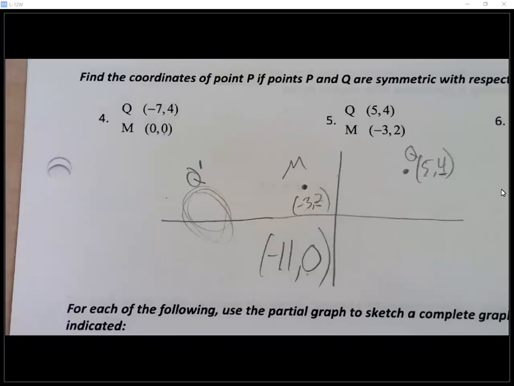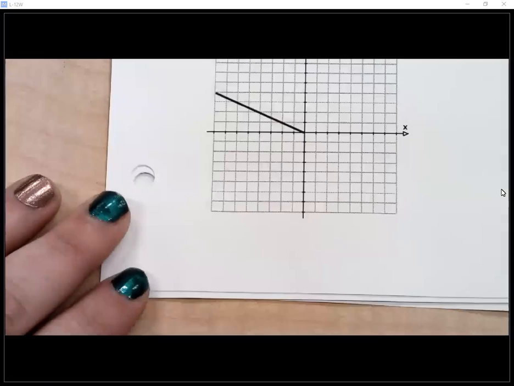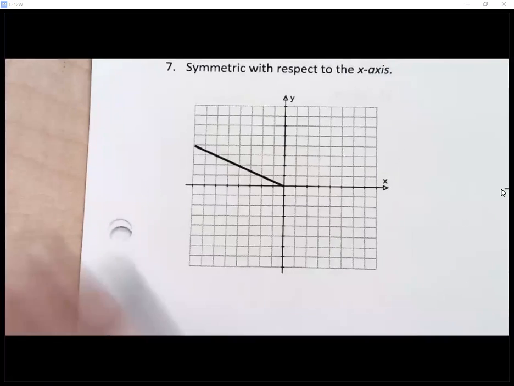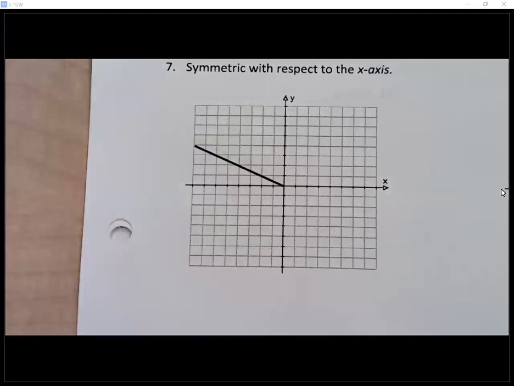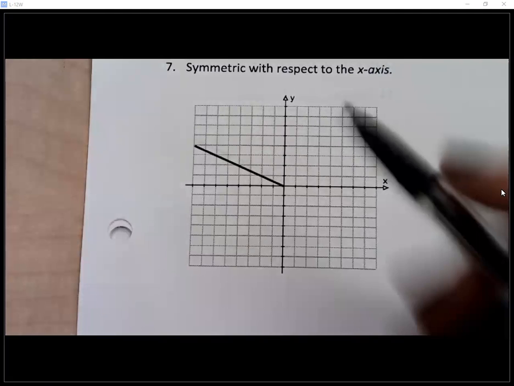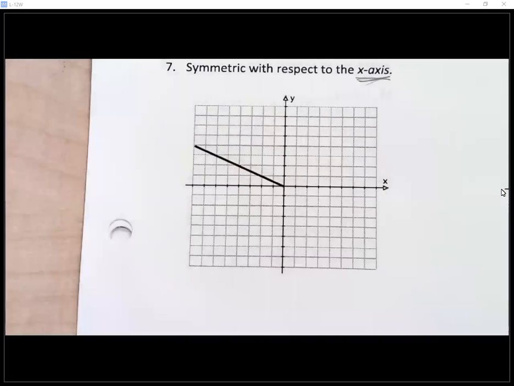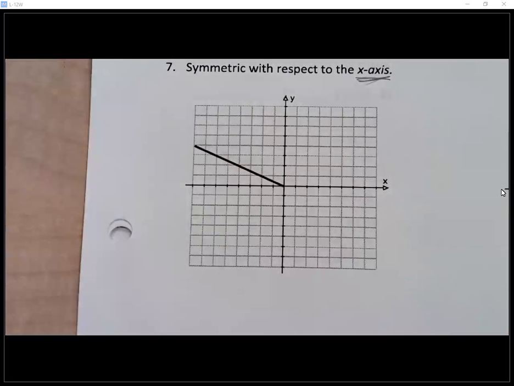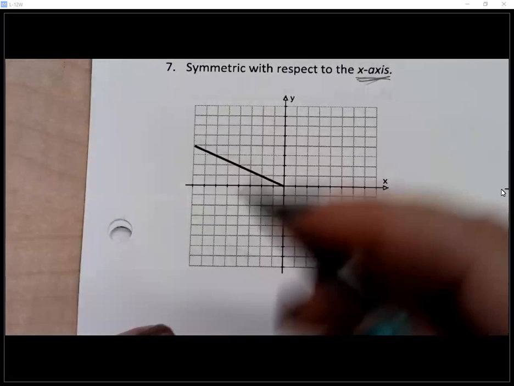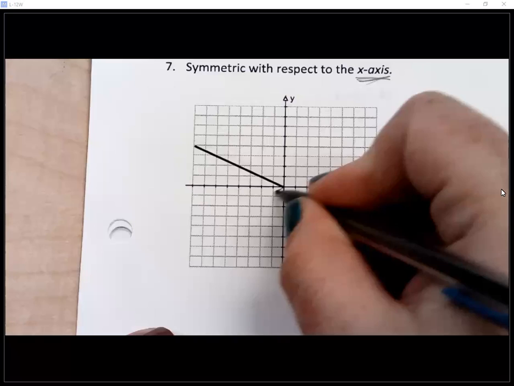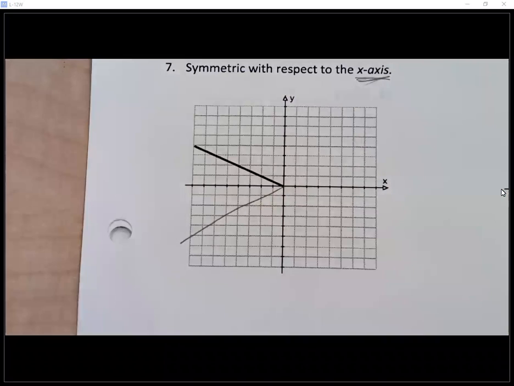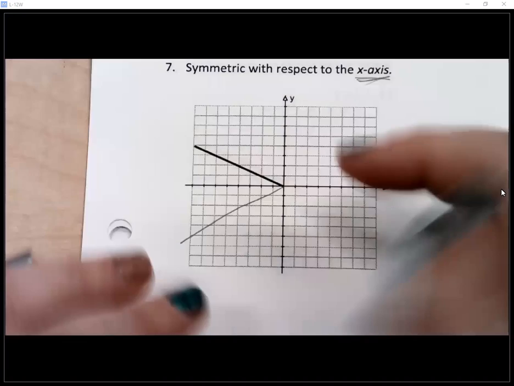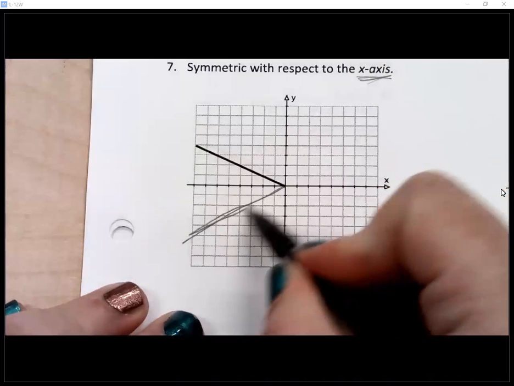Oh, cool. 7, all you have to do is draw it. So what do you think that's going to look like if you reflect that over the x-axis? So remember, that means that you're folding the paper along whatever line they're talking about. So if you folded the line along the x-axis, what would it look like on the other side? What's the other piece going to look like? Did you draw it? Hopefully you drew something like this. Right? Because if I fold that x-axis, this is the piece that would match up. I didn't do a very good job, but